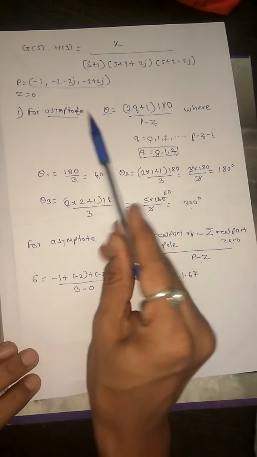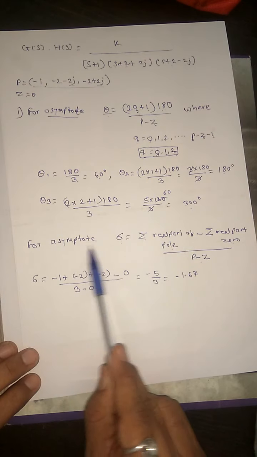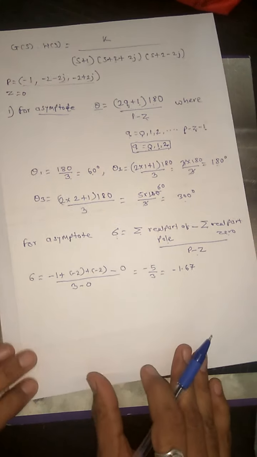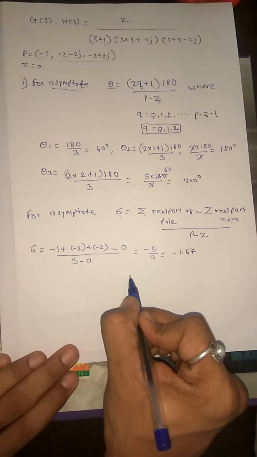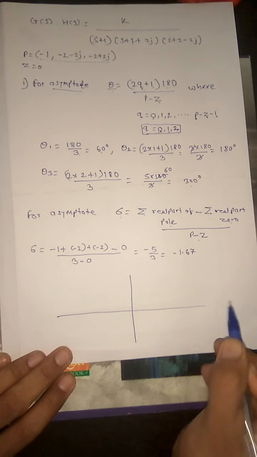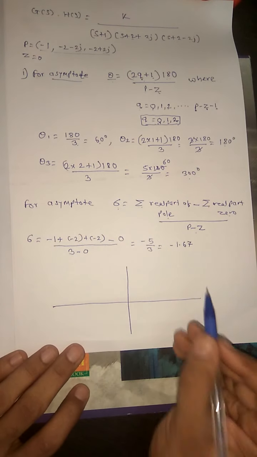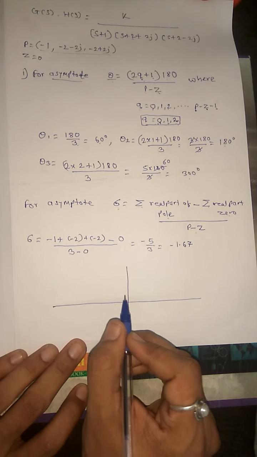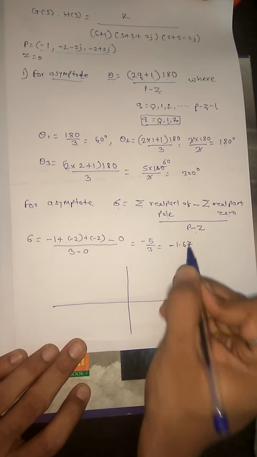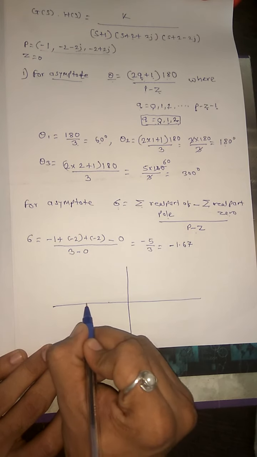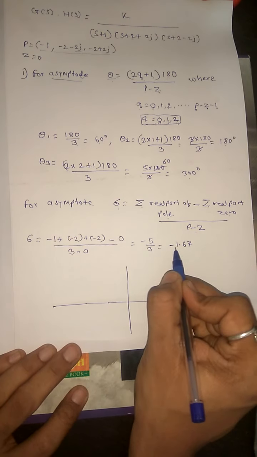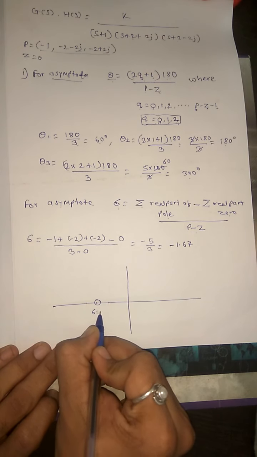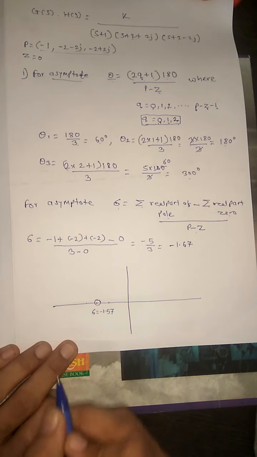So this is about the angle of asymptote and location of asymptote. We have calculated the angles and sigma. For the graph, when we draw the root locus, we will first locate our sigma, that is the location of the asymptote. It is at minus 1.67. So suppose 0, 1, 2, 3, so it is minus 1.67, suppose here. So show here sigma is equal to minus 1.67.